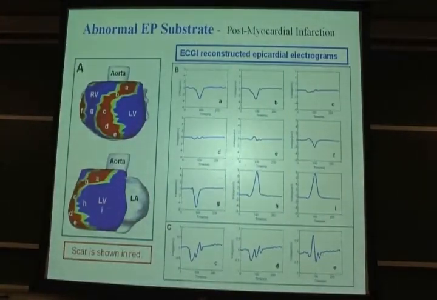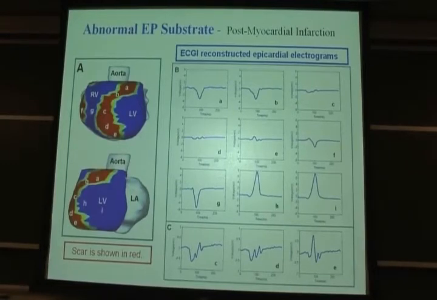Okay, another example of abnormal substrate is the case of myocardial infarction. And myocardial infarction, as you know, causes a scar, and the scar heals. And this is in a healed scar, a scar that's been there for some time in a patient that underwent myocardial infarction. And what Young did, he basically plotted all the electrograms from everywhere and grouped them together in different